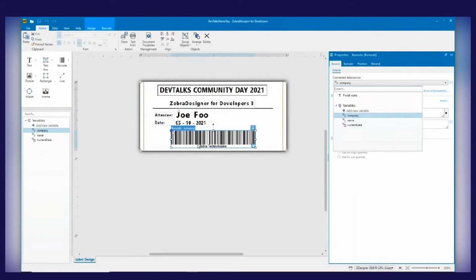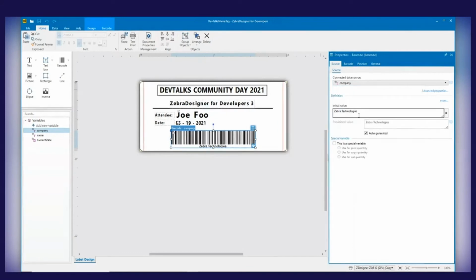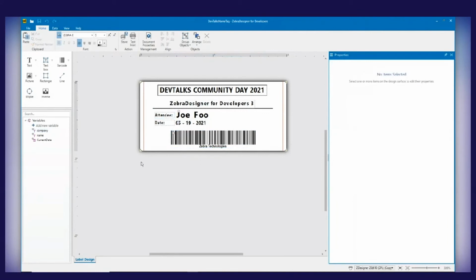So we print the text underneath the barcode. The barcode just encodes the company name. Okay, so the placeholder, the initial value, we put Zebra Technologies, etc. So that's one thing. And if I want to have a test print,